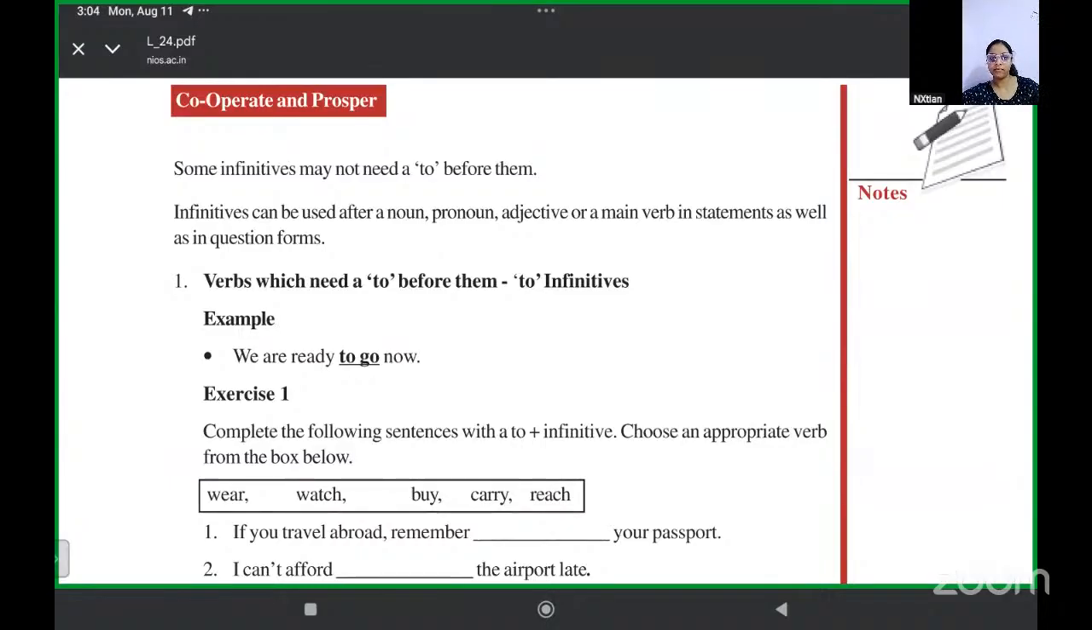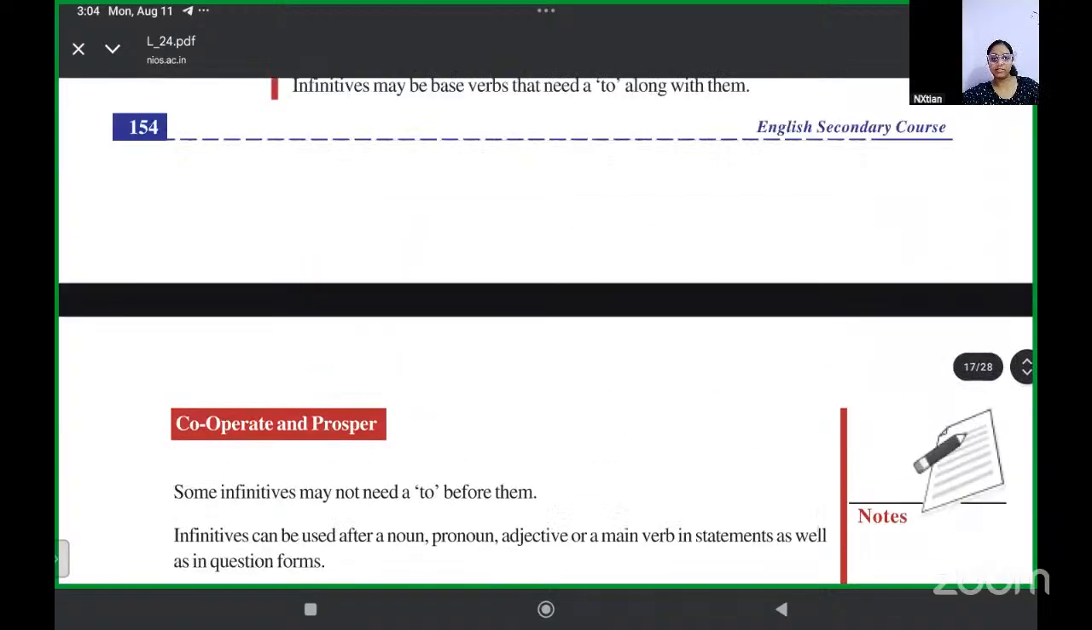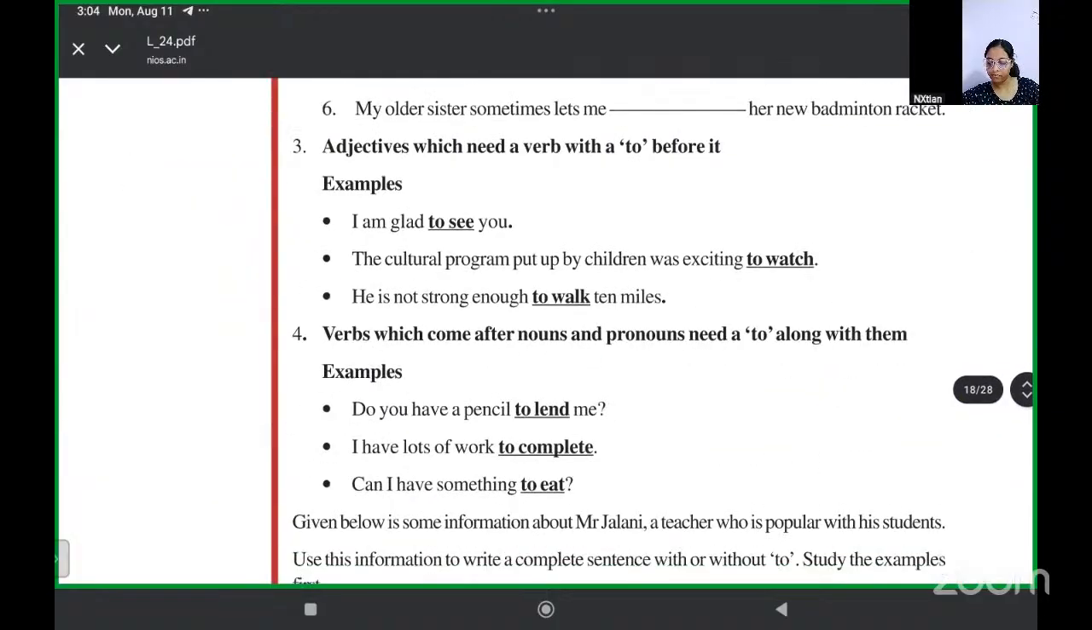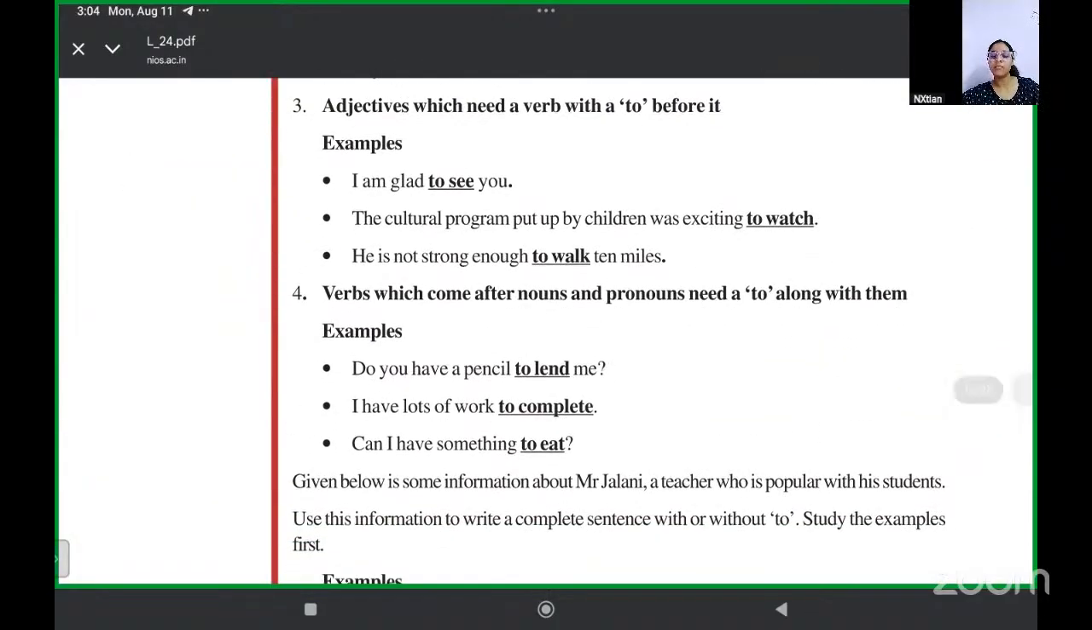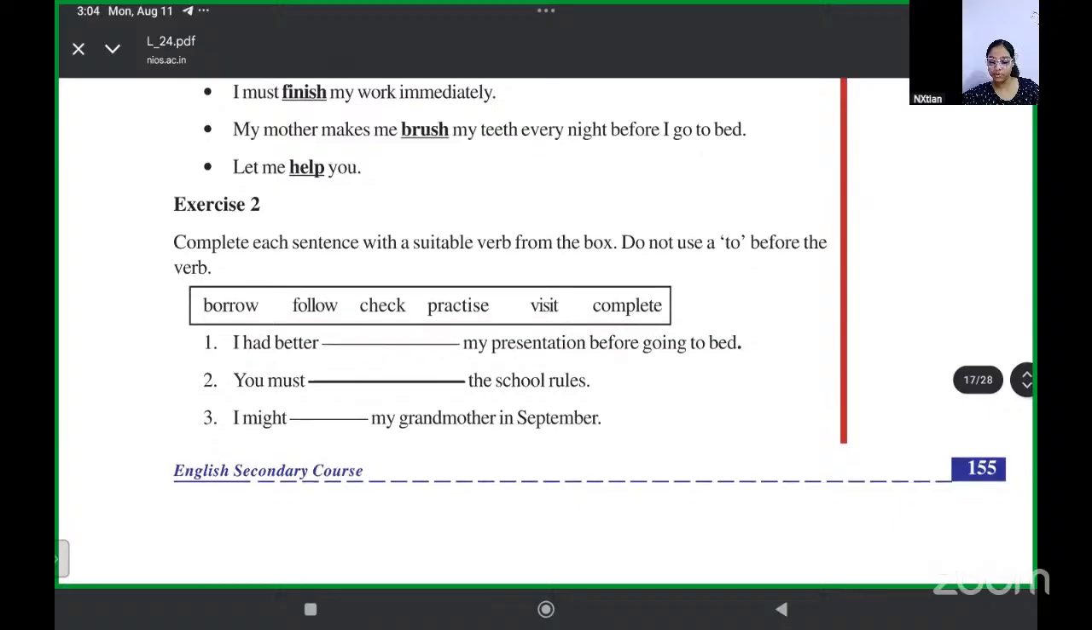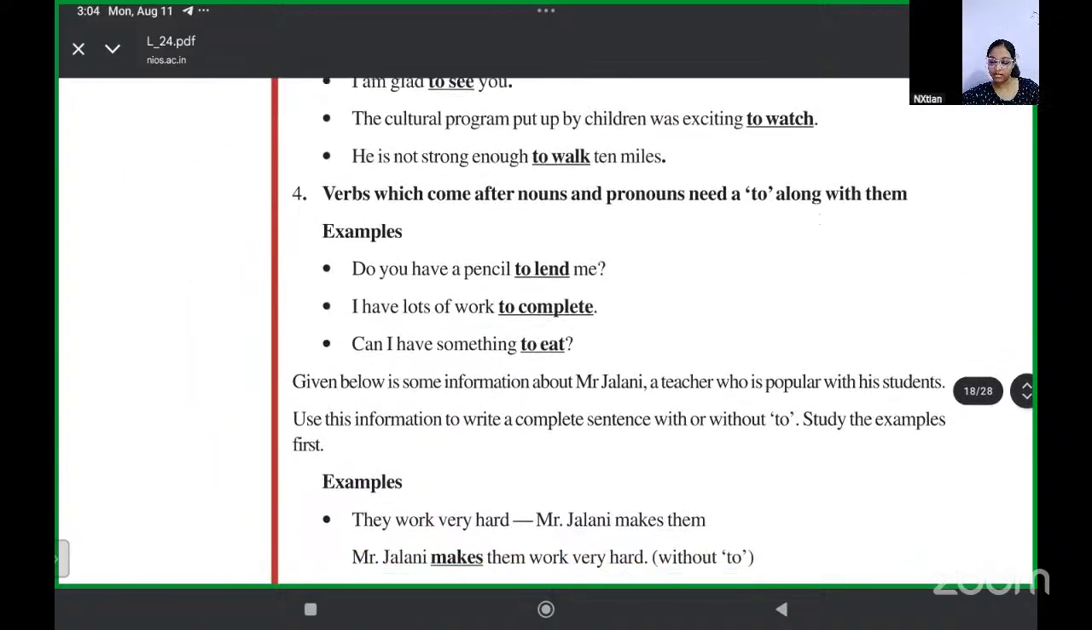Ma'am, yes, Andrew. Ma'am, every sentence has a finite verb, but some sentences might have a second verb that is an infinitive. Mostly, it's a to-infinitive, but sometimes it can also be a bare infinitive. Yes, so we did infinitives, exercise 2, and